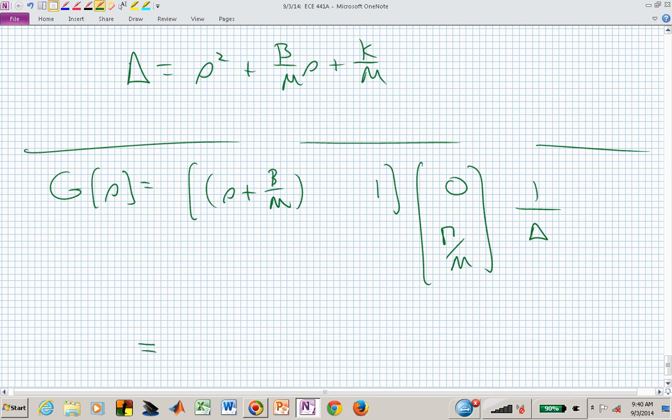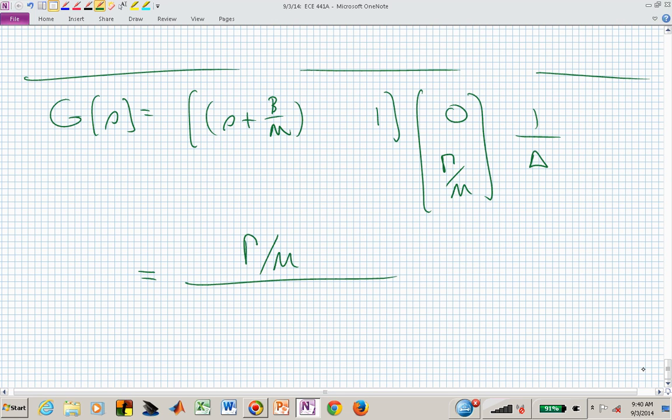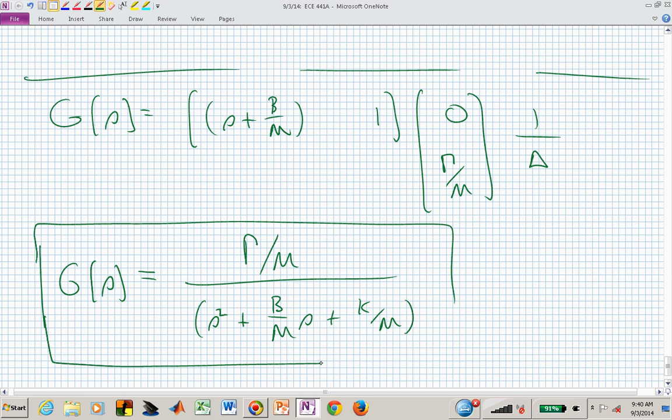And these 2 by 1 times a 1 by 2 times a 2 by 1 matrix will give us a scalar. We have s plus b over m times 0 plus 1 times gamma over m, and we then end up with gamma over m in the numerator, all divided by the determinant, which the determinant was s squared plus b over m s plus k over m, and that produces then from our state space representation the same transfer function that